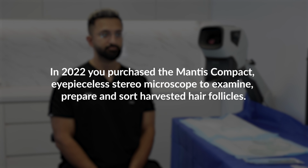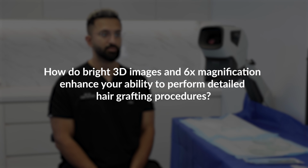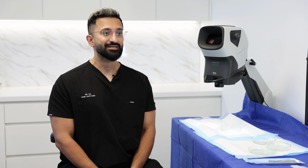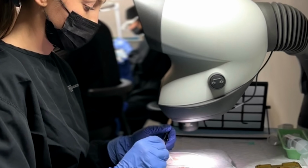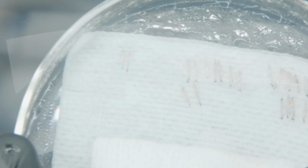of grafts. In 2022, you purchased the Mantis Compact Eyepieceless Stereo Microscope to examine, prepare and sort harvested hair follicles. How do bright 3D images and 6 times magnification enhance your ability to perform detailed hair grafting procedures? The Mantis Compact was a game changer for us. The bright 3D imaging and magnification allows us to clearly see the follicular units and count the exact number of